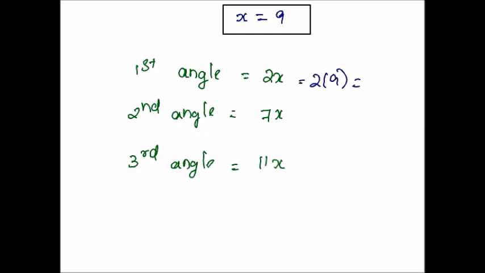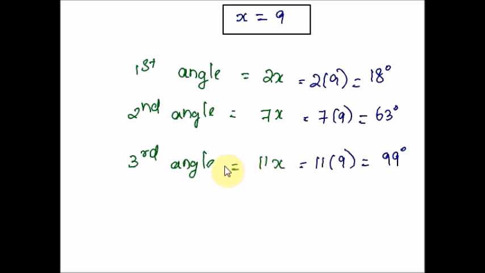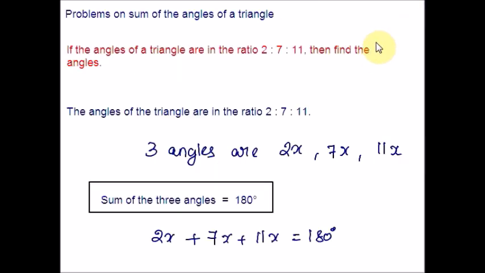First angle would be 18 degrees. Second angle would be 63 degrees. Third angle would be 99 degrees. Hence the angles of the triangle in this example are 18 degrees, 63 degrees and 99 degrees. Hope you are clear with all the examples that I have discussed in this video. Always read the question twice and try to convert each and every word into symbols. Finally, just check by adding all the three angles, you should get 180 degrees. Now you can solve the problems on